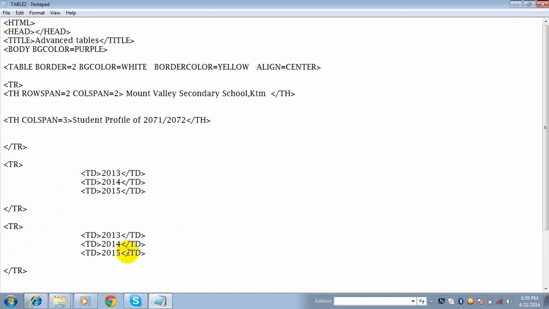Now in this, how many students from boys side and girls side have been passed? Now let's create a category. Now rowspan equal to 2. Here I want to merge 2 cells of rows. Let's specify table heading, that is boys.